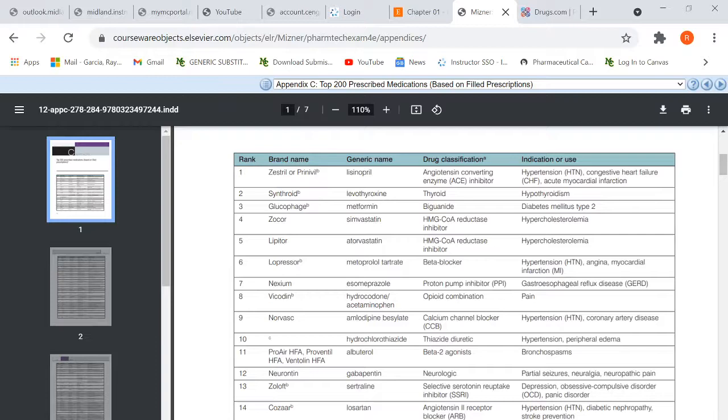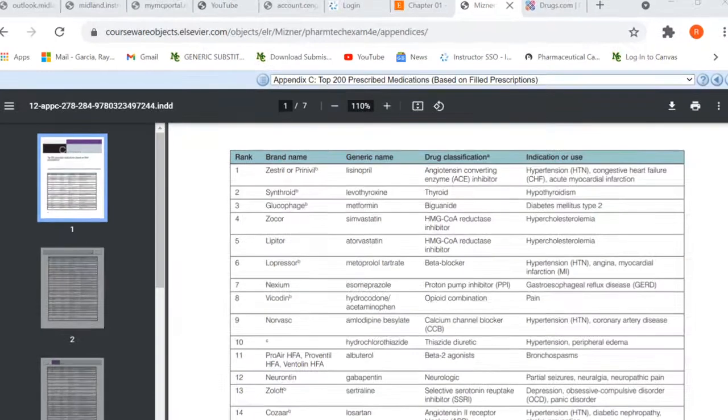So we'll start with Prenavil. That is the brand name. Generic name is Lisinopril. It is an ACE inhibitor and it is good for hypertension, congestive heart failure, acute myocardial infarction. So, if I was to want to remember this,